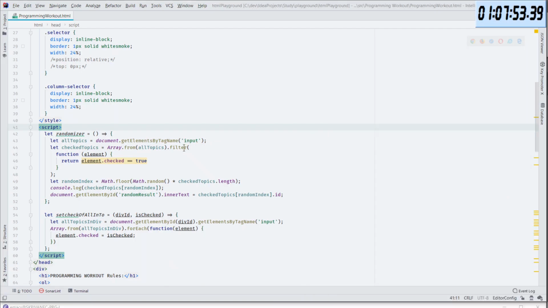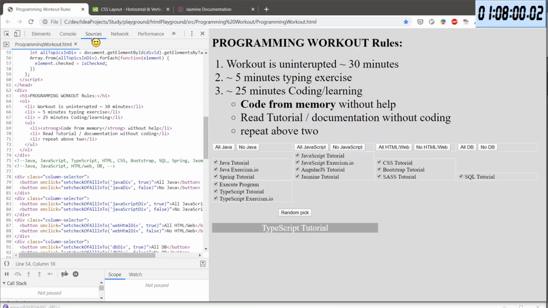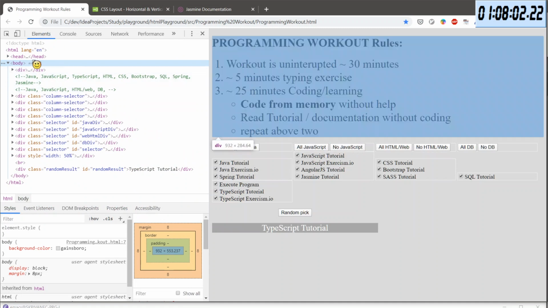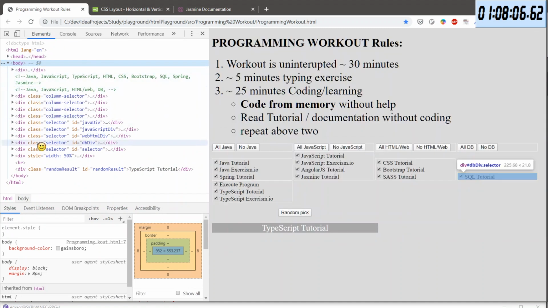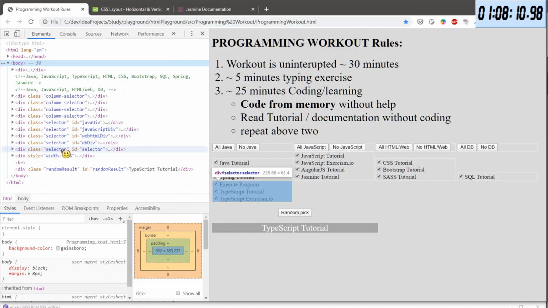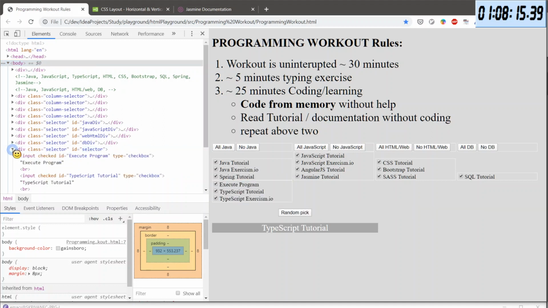So what I'm hoping for is that you have all the structure with all these levels. You see you have head, body, and there's a lot of divs. Previously I did select one of the divs, this one to be precise, and I took its immediate children and selected them.